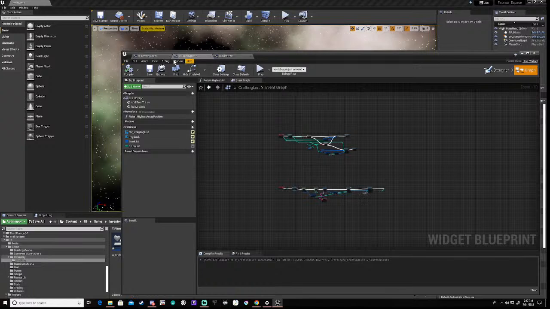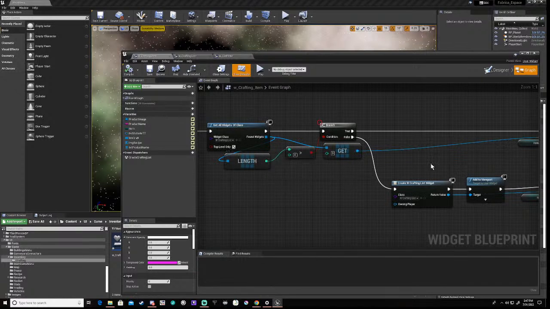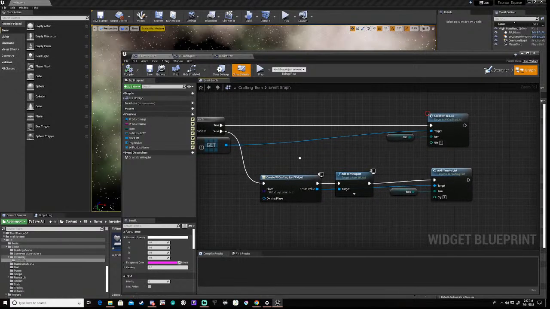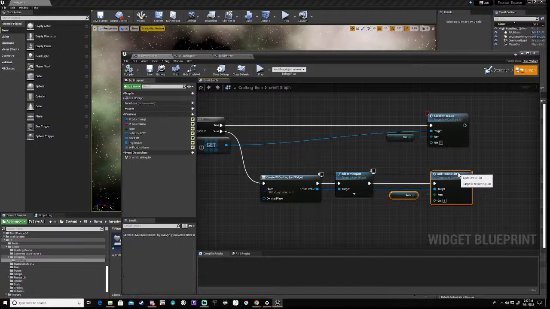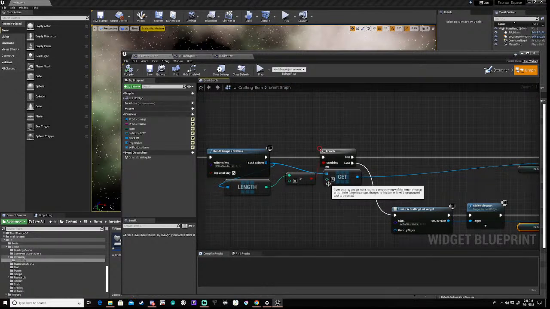So when they click on a crafting item, okay, when they click on this item, we are going to have to check